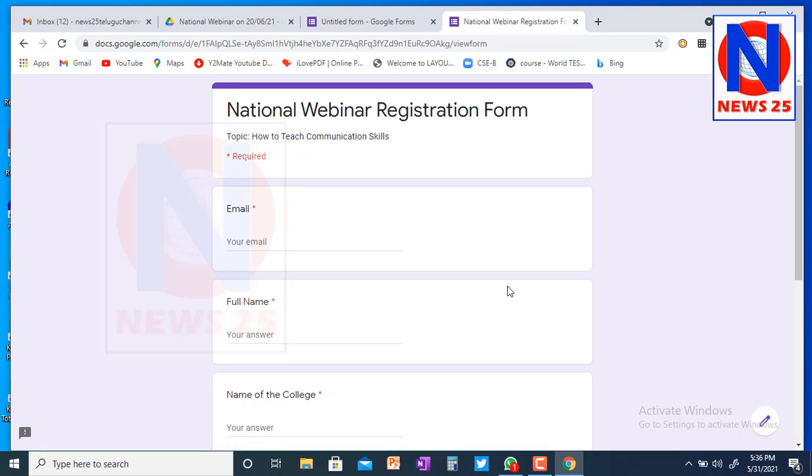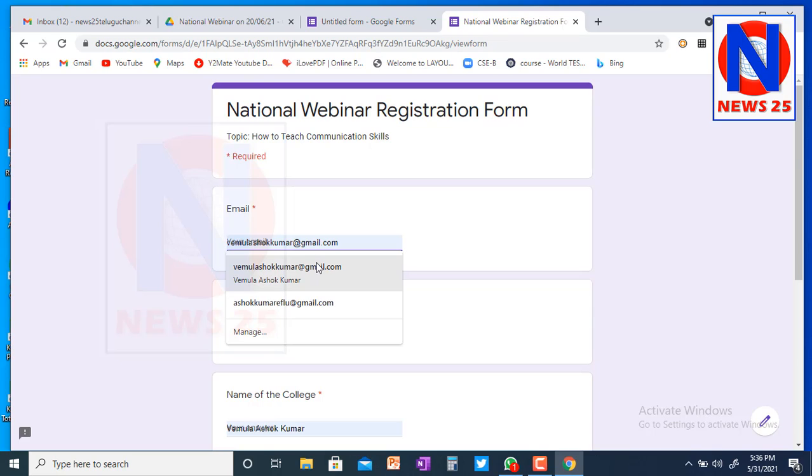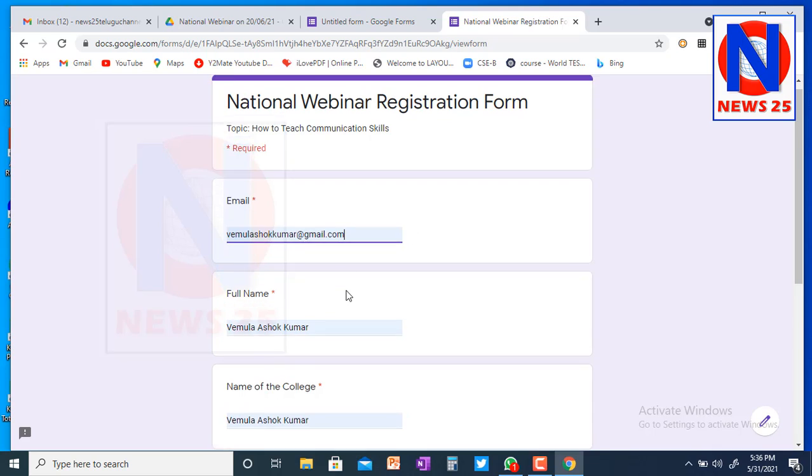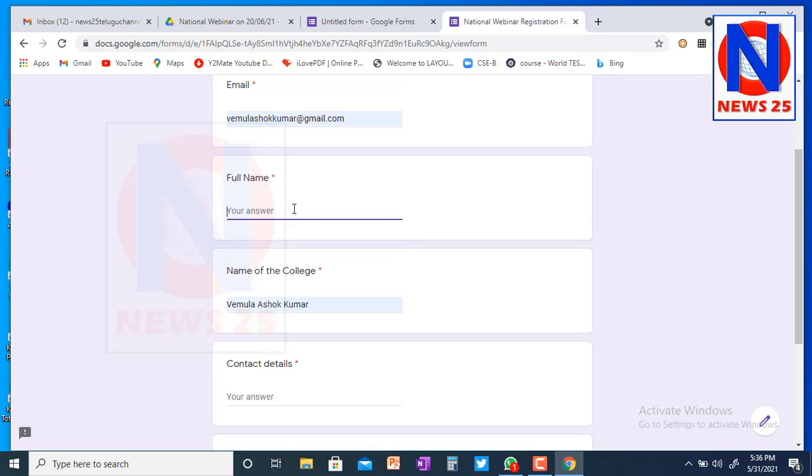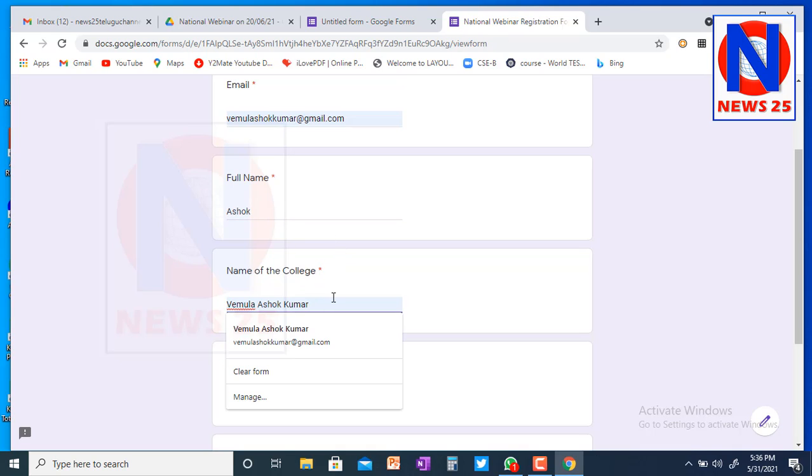Okay, here I have another email ID. I'm going to give another email ID also. Here I just want to mention only Ashok. Here college name, I just want to mention only Vignan.